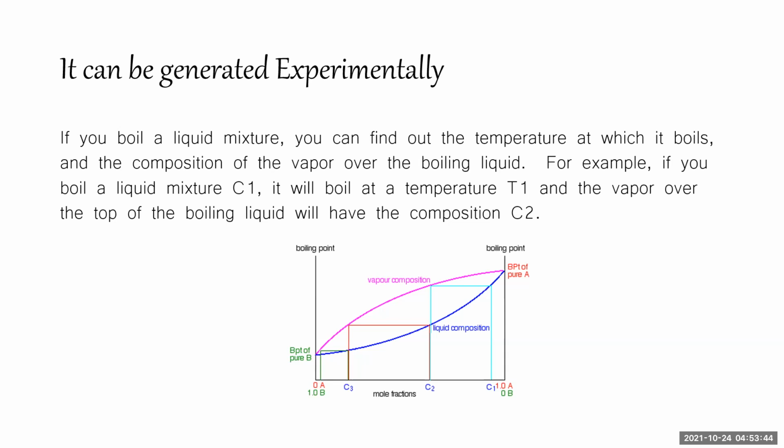So then you'll be able to measure the composition of the vapor above the liquid, and you'll be able to eventually create a line here, by measuring various different liquid compositions and then noting the composition of the liquid and the composition of the vapor as it boils at any given temperature. So a bunch of data points here. Vapor composition will allow you to generate the second line corresponding to the vapor composition.